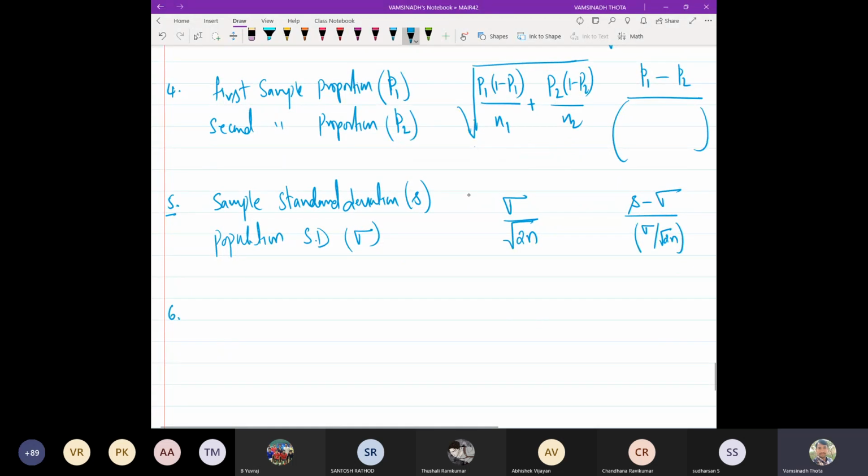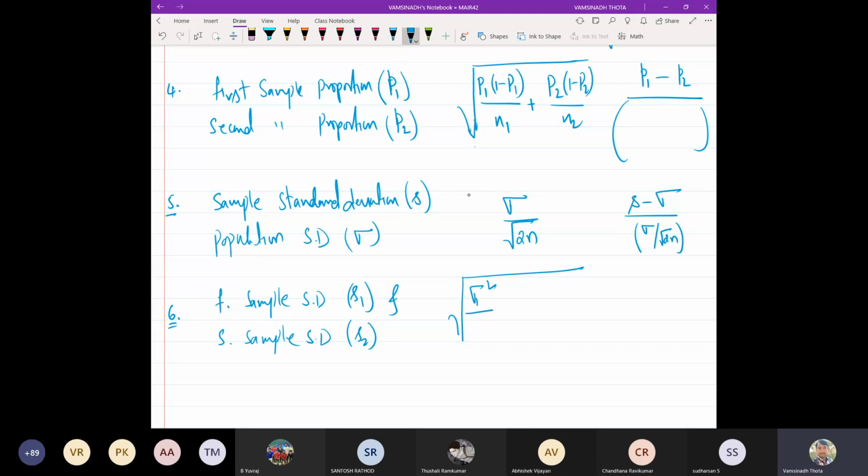Okay. And the sixth one is also of the same category, but the difference between the two samples. That is, first sample standard deviation, let me represent with S1, and second sample standard deviation, let me represent with S2. So in this case, what is the corresponding standard error? The corresponding standard error is sigma 1 square upon 2 times n1 plus sigma 2 square upon 2 times n2, where